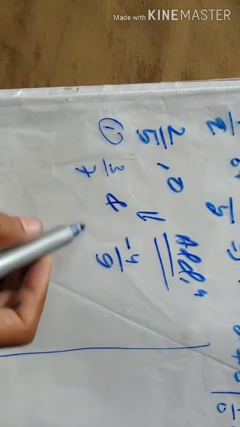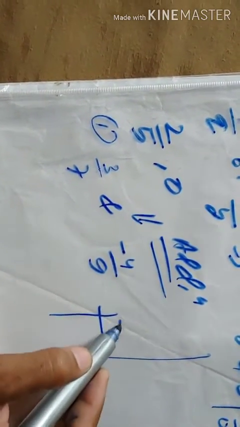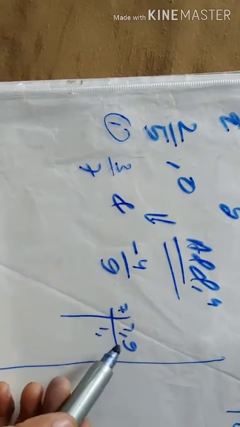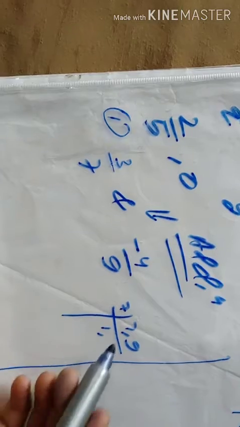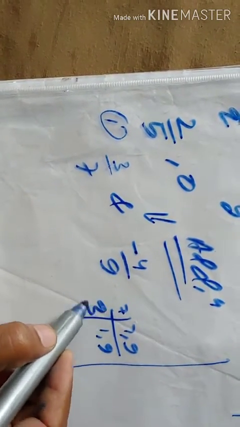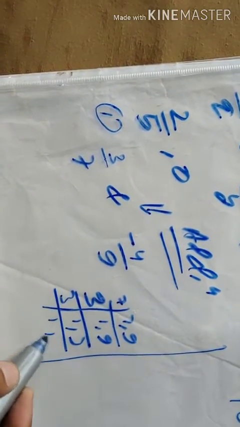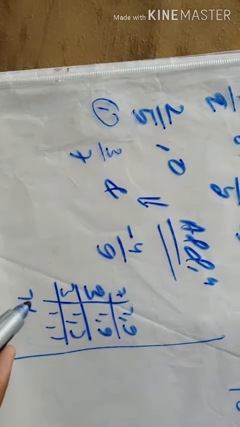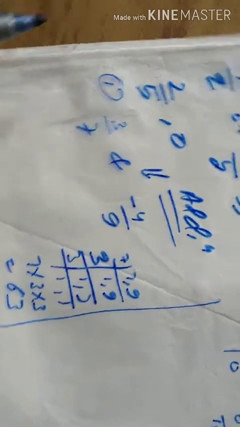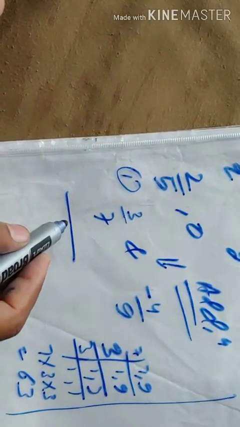First, take the LCM of 7 and 9. You can take any one value first, 9 or 7. 9 will be as it is. 9 will be divided by 3, 1 ja 3, 3 3 ja 9. Again, so it is 7 cross 3 cross 3, 63. So this is the LCM.